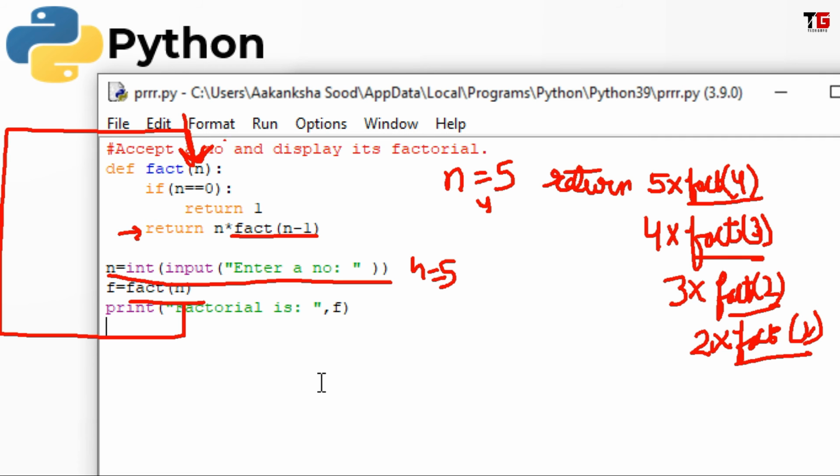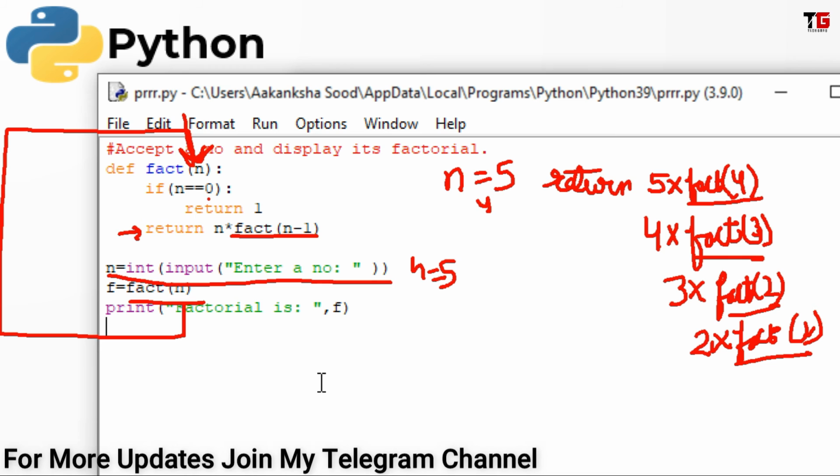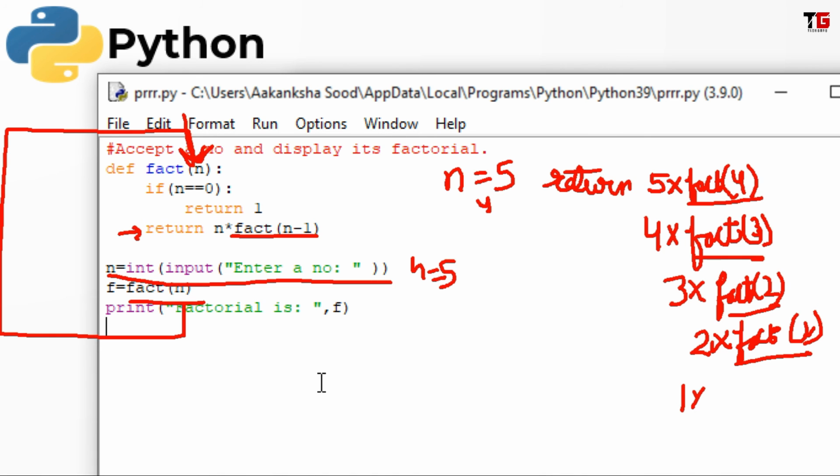So factorial of 1 means calling the same function again, 1 is not equal to 0, so return 1 into factorial of 0. So cursor will come here again. Now value of n is 0. 0 is equal to 0. Yes. So it will return 1. Now function will not call itself again.